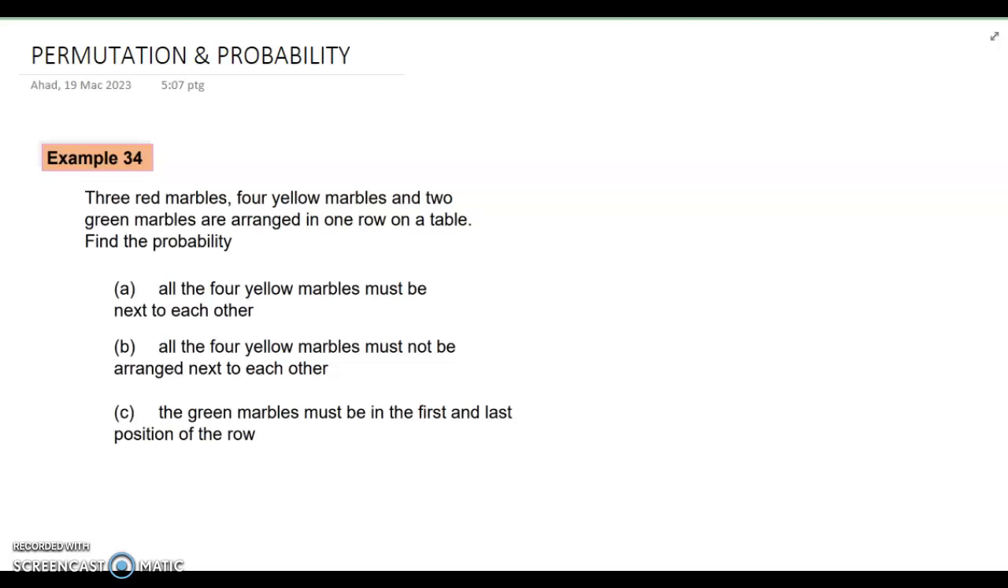So we have 3 red marbles, 4 yellow marbles, and 2 green marbles. We are going to arrange them in a row. When it involves arrangement, this involves permutation. Now the question asks us to find the probability. To find probability, the first thing we must find is